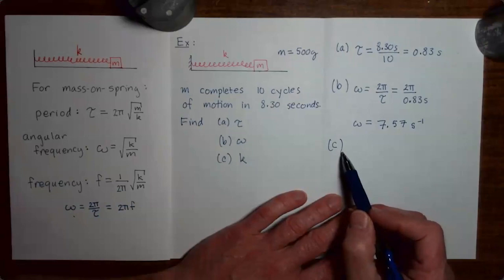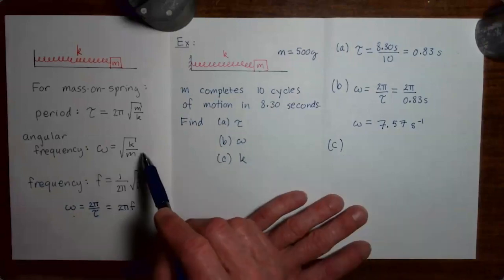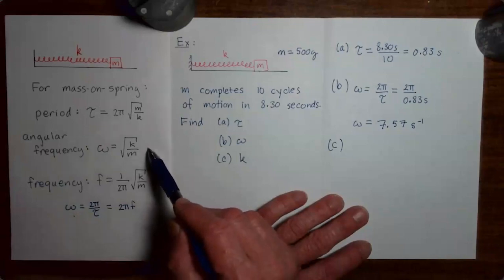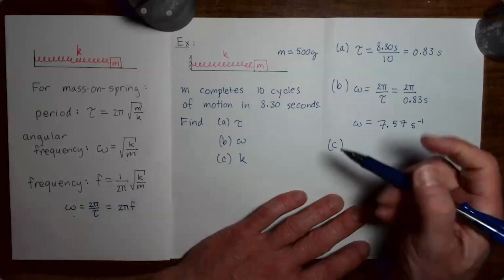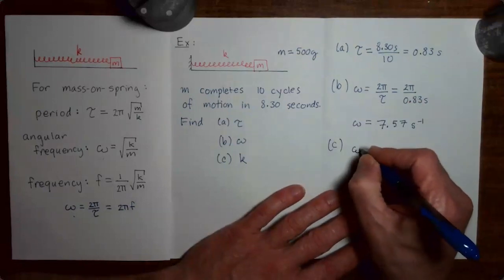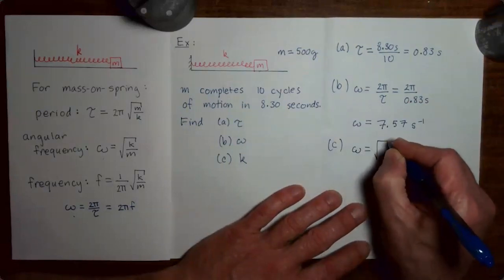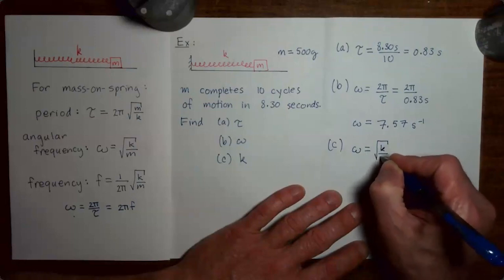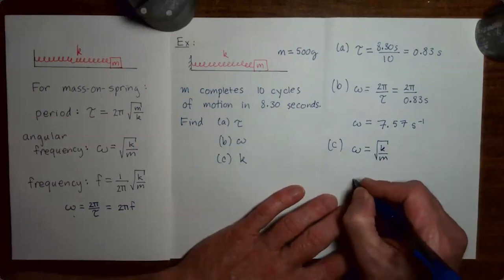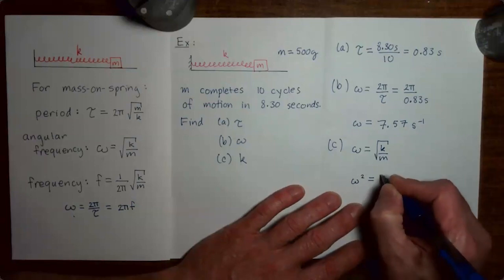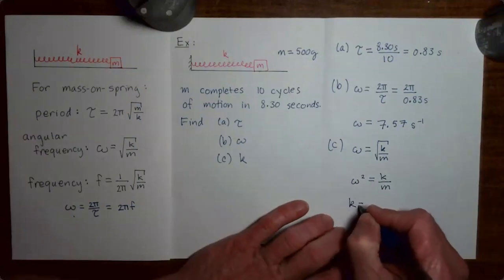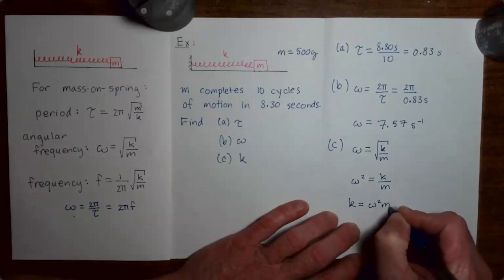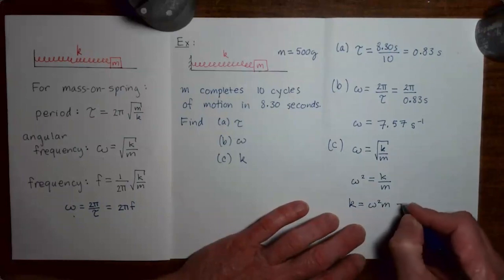Now for part C, let's try to find the spring constant. And probably the most convenient way to do this is to use this formula, which relates the angular frequency to the spring constant and the mass. So I'm just going to copy that over. We have angular frequency equals square root of k over m. So let's square both sides. We then have omega squared equals k over m. So let's solve for k. K equals omega squared m. And let's make our substitutions. Omega was